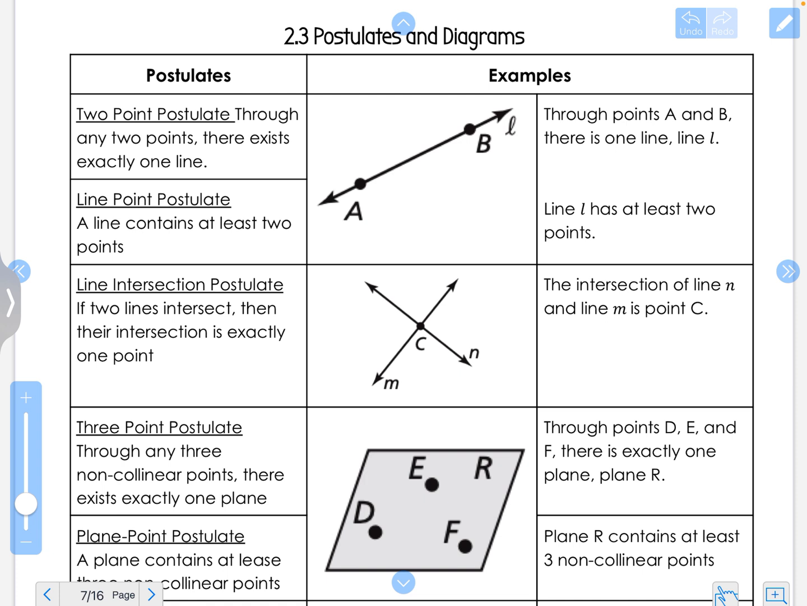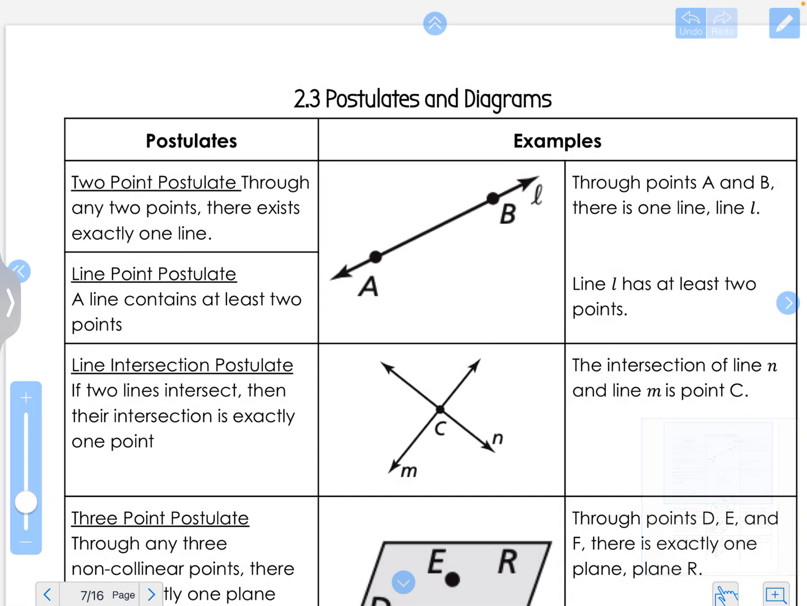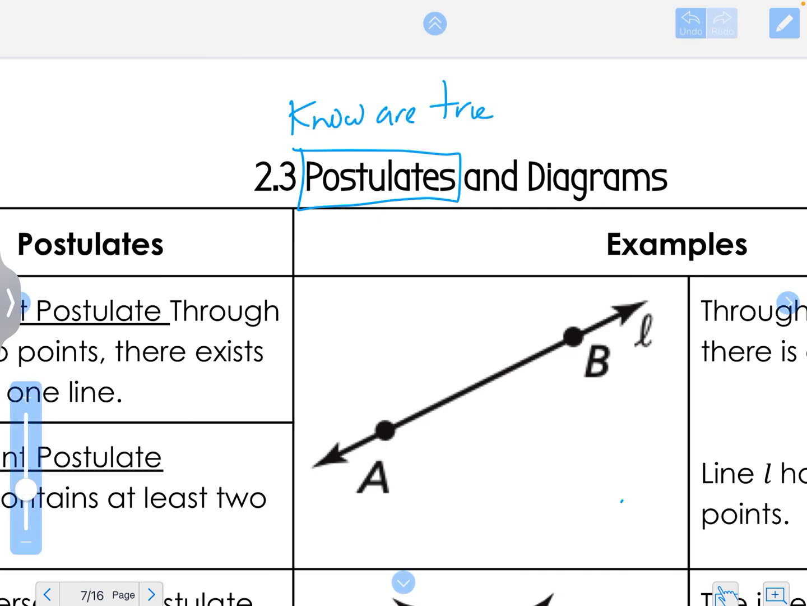Today we're going to be talking about some new postulates and how to interpret diagrams that we see and even draw our own diagrams. So real quick, one fun fact: postulates are things that we know are true. They have been tried and tested over and over again in geometry, and these are things we know